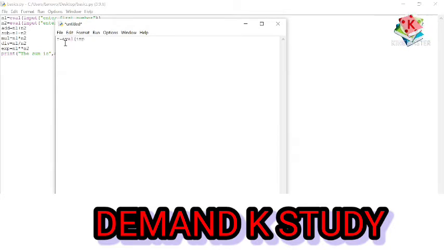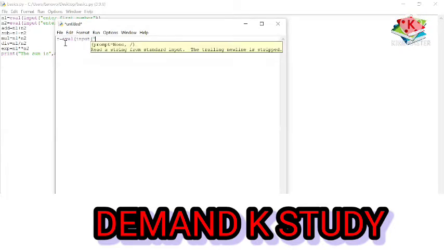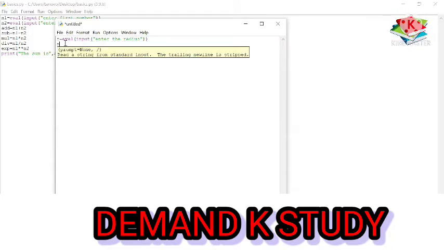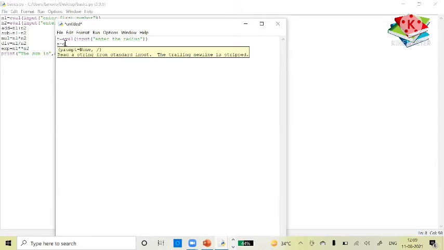So I'm going to get it from the user input, and the message I am showing is enter the radius. Okay, and for square particularly, so we are going to calculate area of circle, and then we're going to calculate the area of square. So for area of square, you need the side only. So I'm going to get it in S equals eval input, and the message says enter the side.